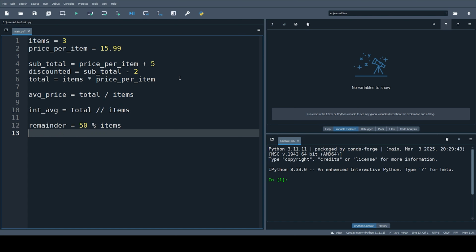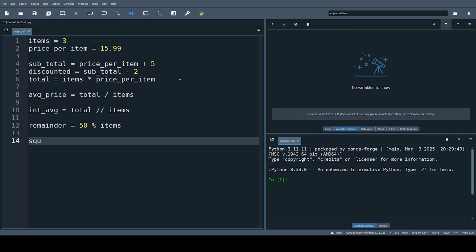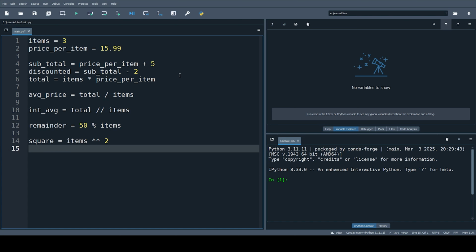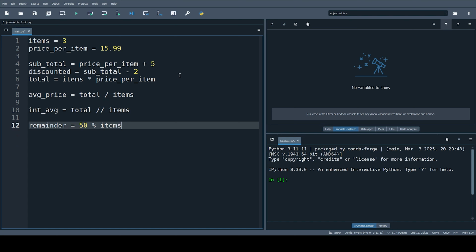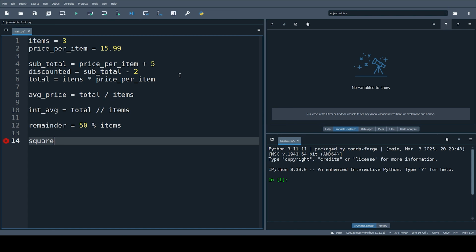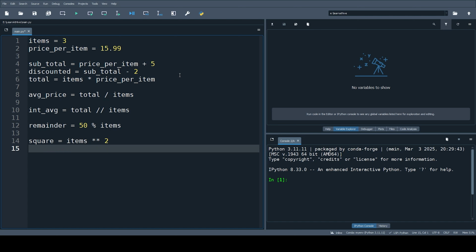For exponentiation, I am typing square equals items double star 2. Sorry, 2. This one. Okay. For exponentiation, I'm writing square equals items double star 2. Now I will print it